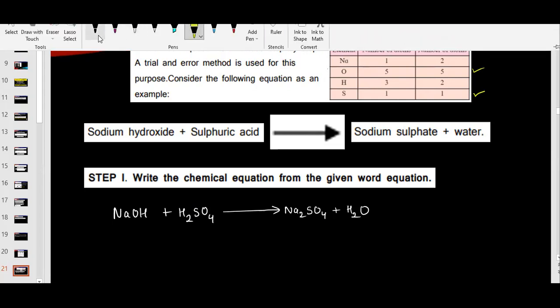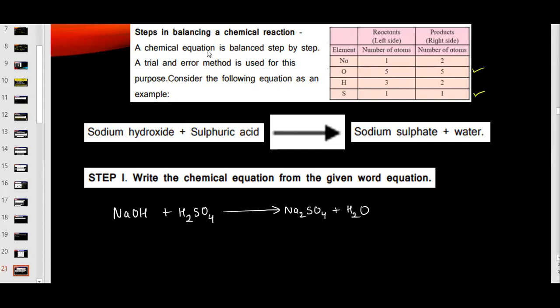If you see this table, the number of atoms of sodium on the reactant side is 1. We can make it 2 by multiplying it with 2, right? And here the hydrogen is 3 and on the right side it is 2. We cannot multiply 3 with any number to make it 2, neither can we multiply 2 with some number to make it 3. So what will we do? We will multiply this with 2 and this with 3, so that the number becomes the same on both sides. Now it is the same. This is 6, this is also 6. So it is balanced. Here this becomes 2, this is also 2, so sodium is also balanced.